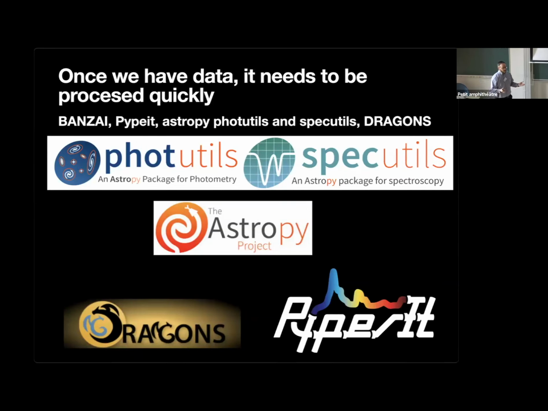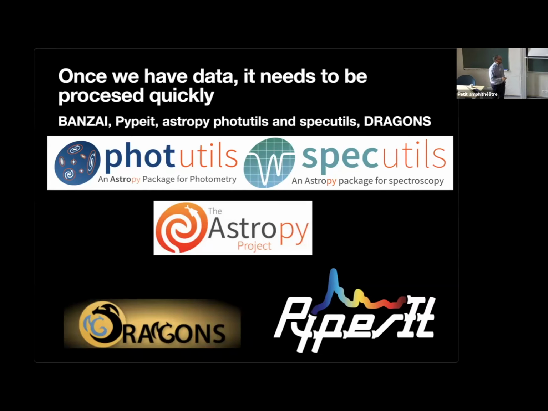If we're going to make decisions about this, we have to reduce things quickly. And we have to know we can trust those reductions as well. And so it really is an important thing for us to have well-trusted, robust, and standardized reduction tools for imaging, photometry, and spectra. So these are some of the people who are starting to think about this.